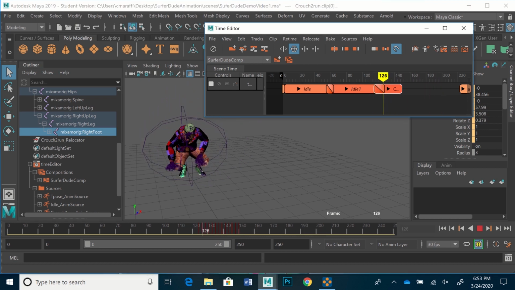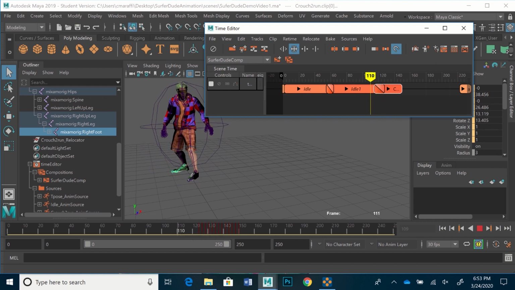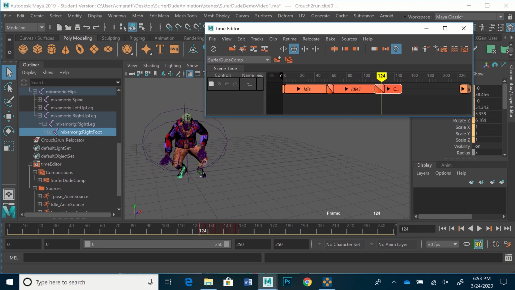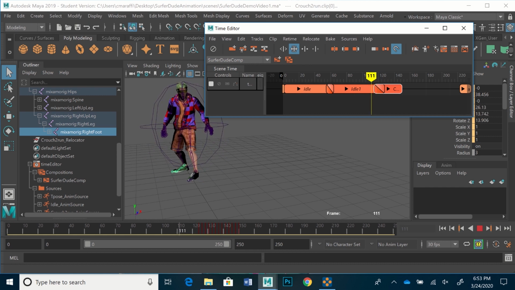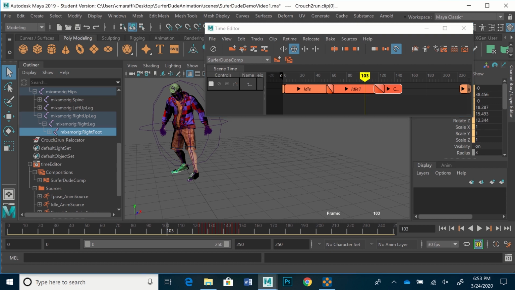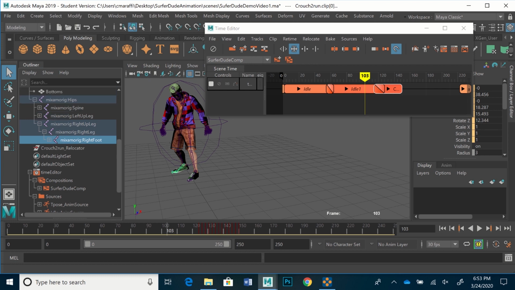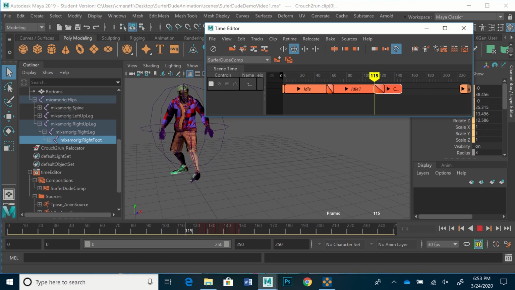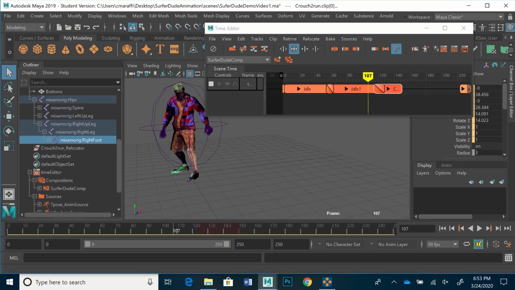Now I might want to try some other things. There's still a lot of foot sliding going on there. I could delete that one again and try another setting. Maybe try one of the other match settings. But I think it's, like I said, pretty fast. I think it's going to be okay. Now I'm going to go on to the next one. And by the way, I can correct some of that stuff later on too when I create the control rig